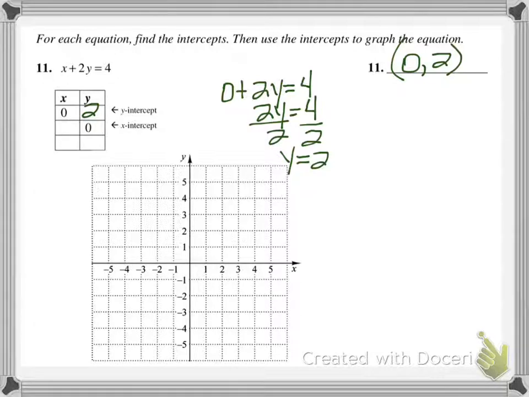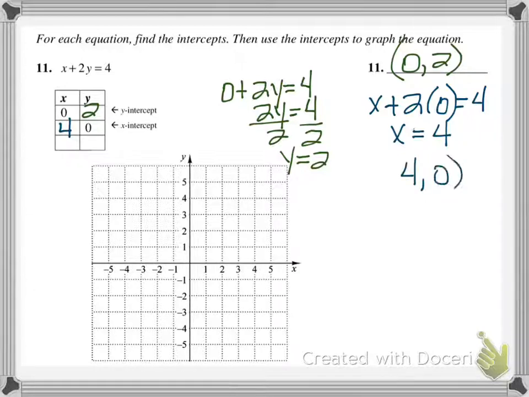Now I'm going to find my x-intercept. So it'll be x plus 2 times 0 equals 4, because now I'm plugging in 0 for y, and that's going to be x plus 0, which is just x, and x equals 4. So when I plug in 0 for y, I get 4 for x. So 4, 0. So now when I graph those points, 0, 2 and 4, 0,